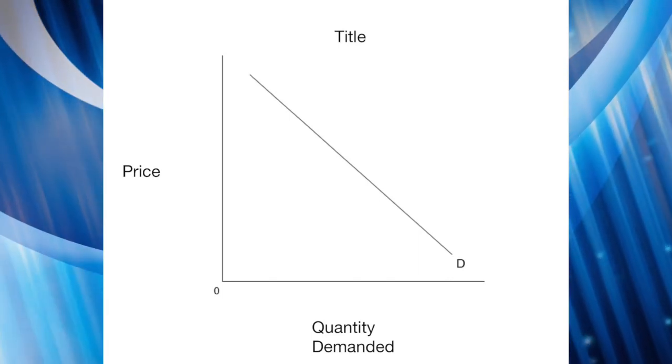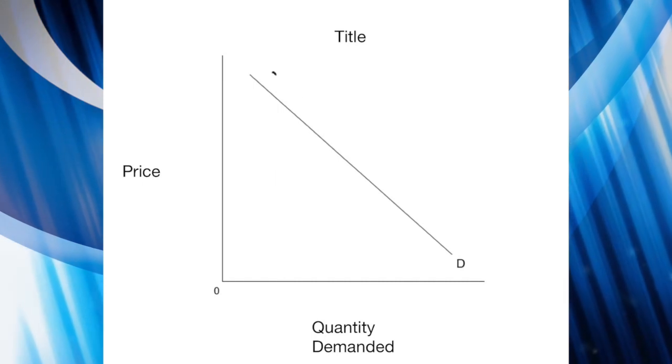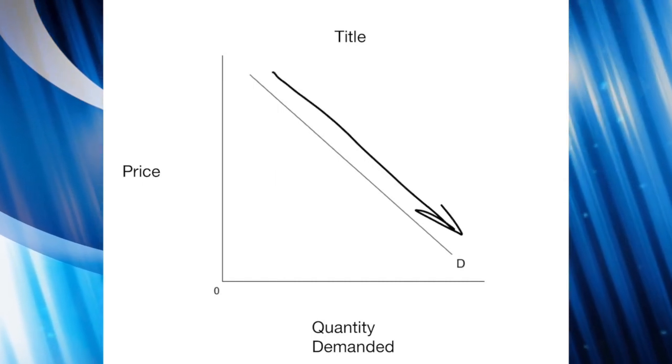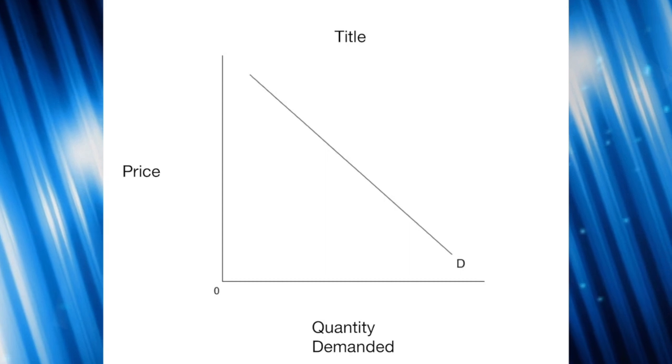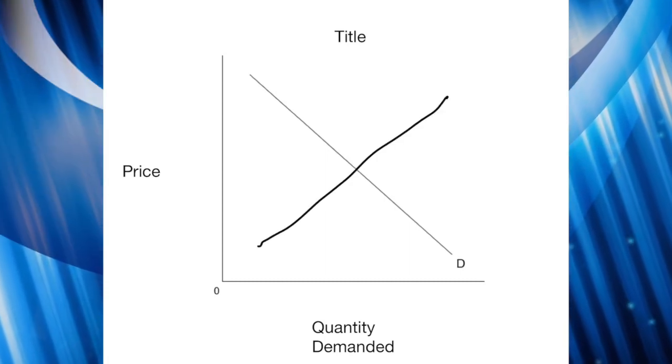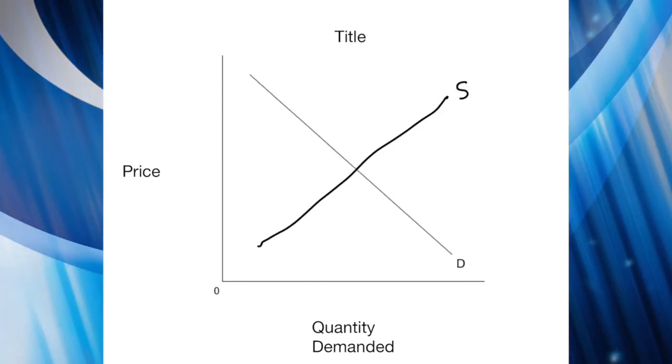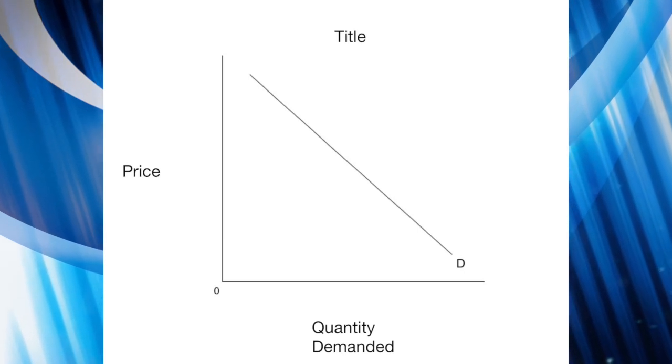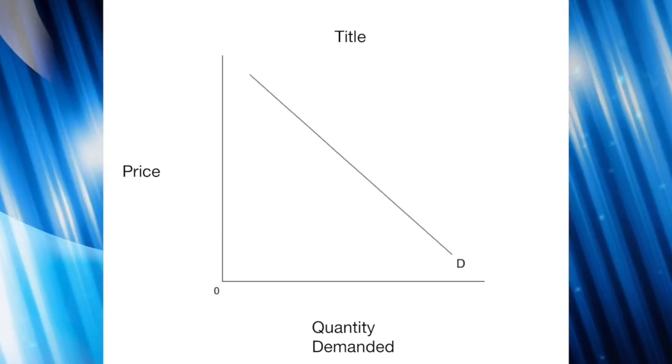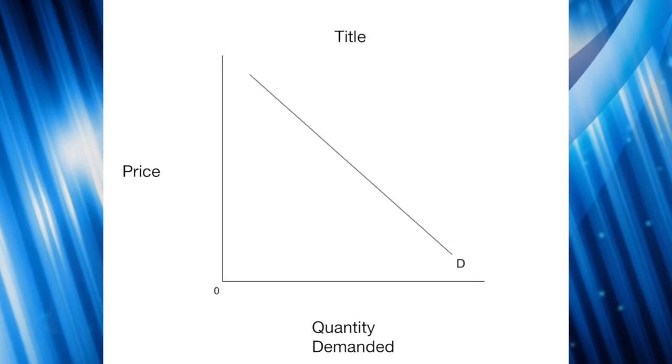This is what we're talking about when we're talking about the demand curve. It slopes downward, it's got this type of slope. Eventually you'll see we'll add in supply, and supply is going to go upwards like that. But for right now, just know that demand is going to the dirt.